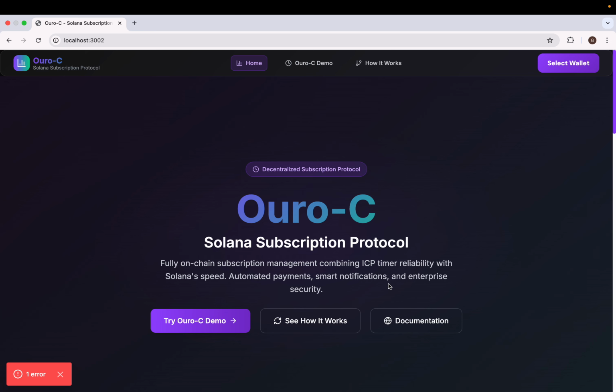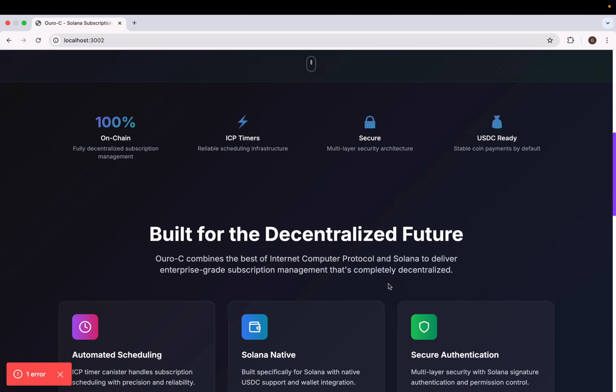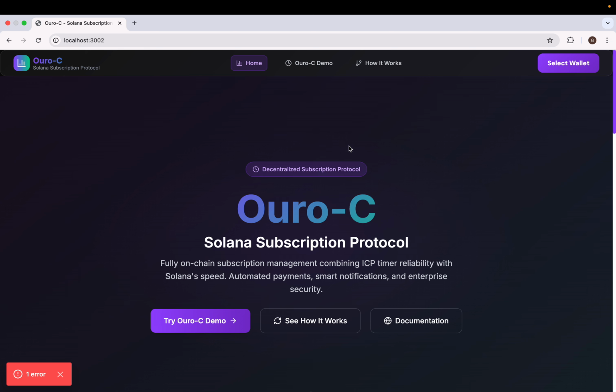This is the second weekly update for our Colosseum project OuroC. We had a bit of a change of design and we made a separate